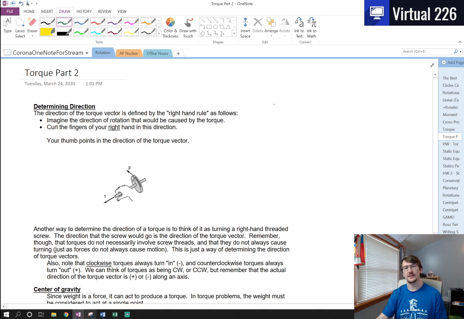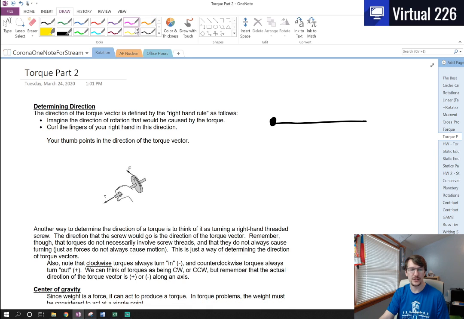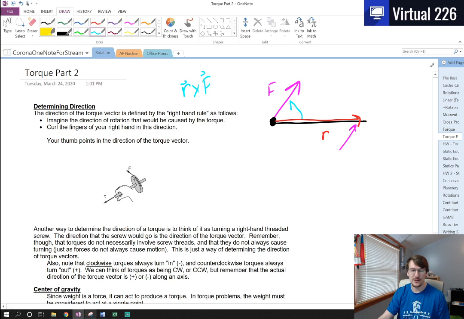Okay, we're looking here at a little bit more regarding torque and some of the properties about it. In our last video, we looked at how if we have some sort of object with a pivot, and we apply a force at some position, we think about that force acting from the pivot in terms of figuring out what direction our torque is. Remember, that's our moment arm. And we take the cross product of these things, R cross F, as vectors,